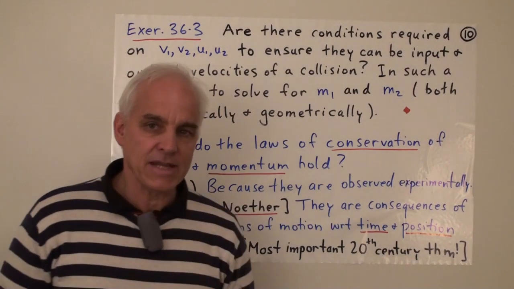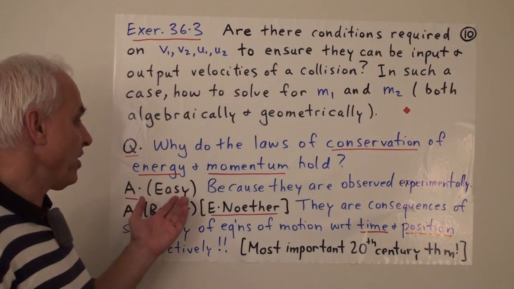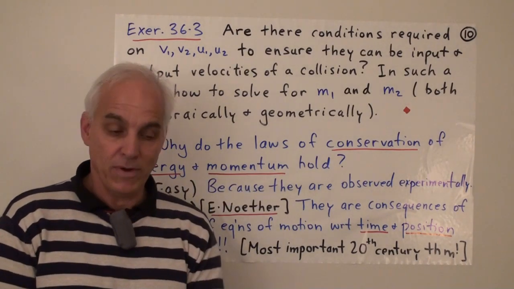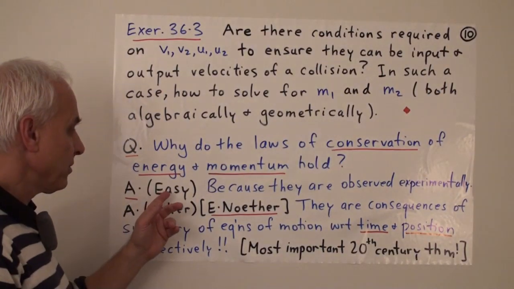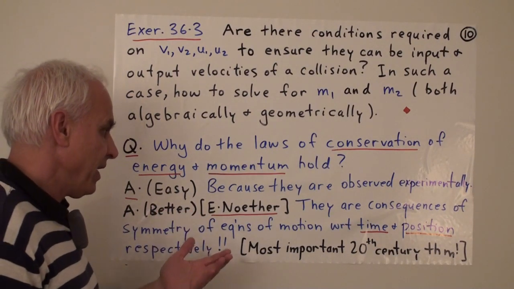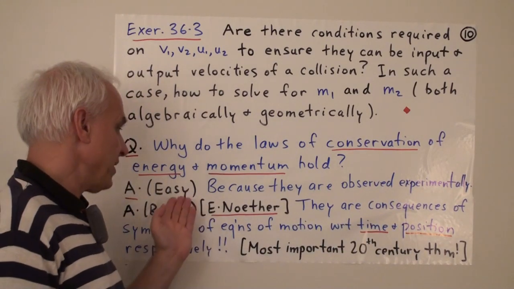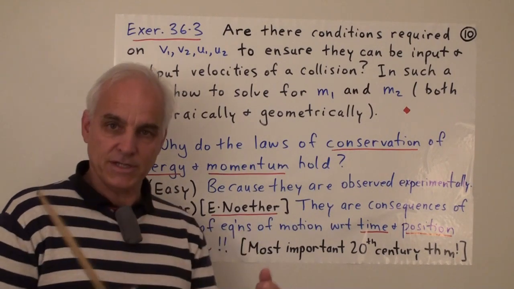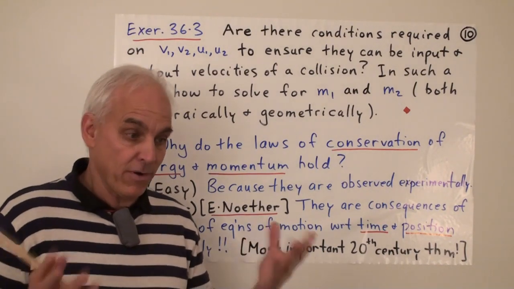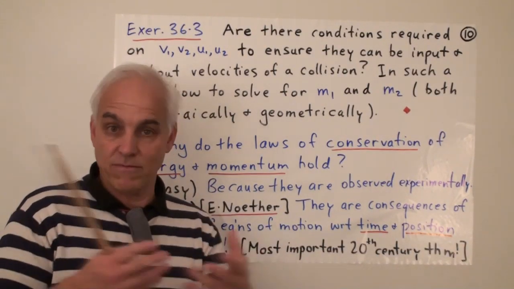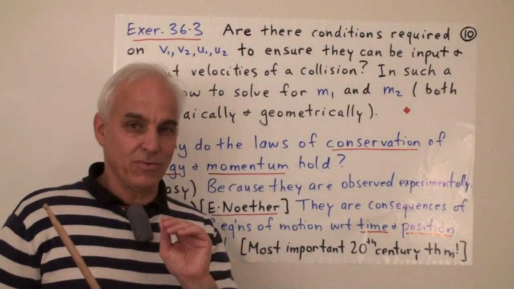Finally, I think it's really necessary to ask this question. How do we know that the laws of conservation of energy and momentum actually hold? We've stated that they hold. How do we know that they do? Well, one answer, which is a relatively easy answer at some level, is because they are observed experimentally to hold. Maybe it's not such an easy answer, in the sense that a fair amount of work is involved. You can make lots of experiments and check that these laws empirically seem to hold over a wide variety of situations. It's probably also better, though, to look for a structural reason.